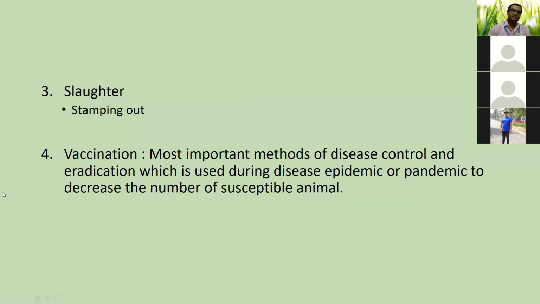Another strategy was to slaughter the animal. This method is also adopted in many countries, where infected or diseased animals are slaughtered. And this was supposed to be the most important method of